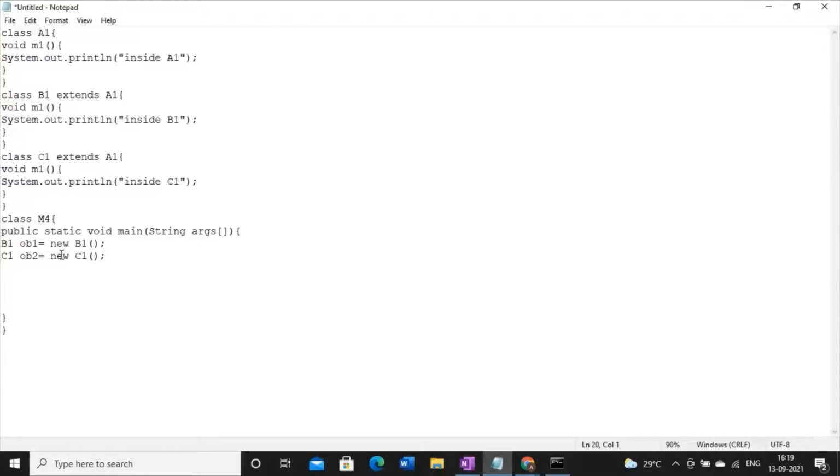Now to call the superclass's method, I can use any object. So I'm just using OB1 and calling M1. And using OB2, I am again calling M1. Now let's see what will happen.